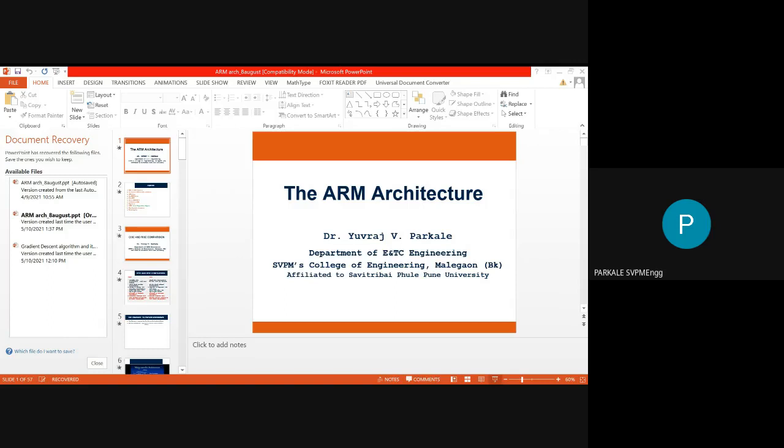The second point of difference is multi-clock complex instructions. CISC requires multiple clock cycles for the execution of instructions. So this is some complex task. And then what is the advantage of RISC? RISC uses a single clock. Okay, so it will reduce the instructions.